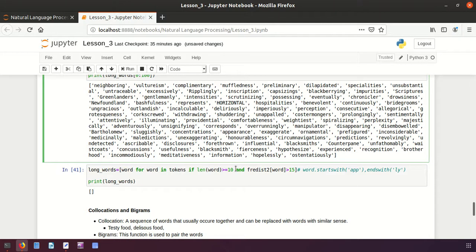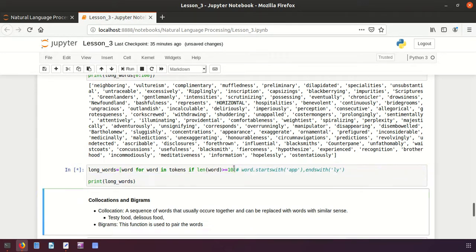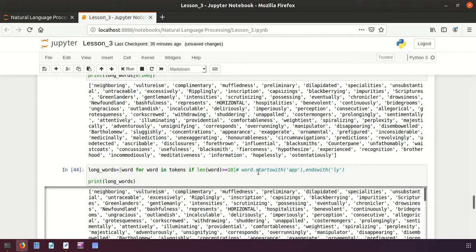If word is equal to or greater than this one and frequency is equal to 15, let me change that to 10. Okay, and let it be 1. Let me remove this and see. Yeah, we have these many words, and instead of that you can use other things, like if you want to count the words which start with EP,